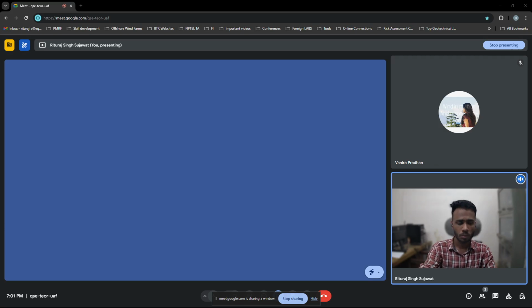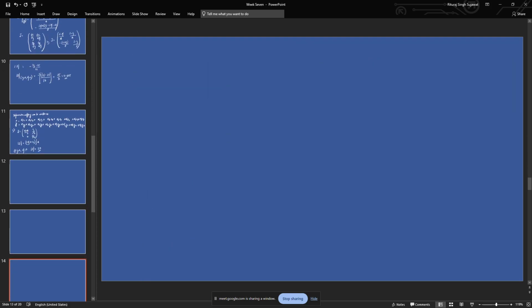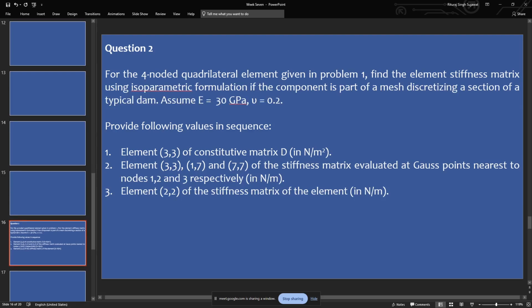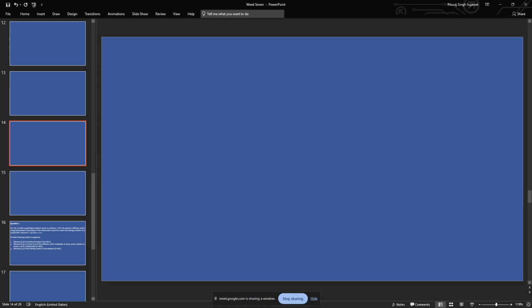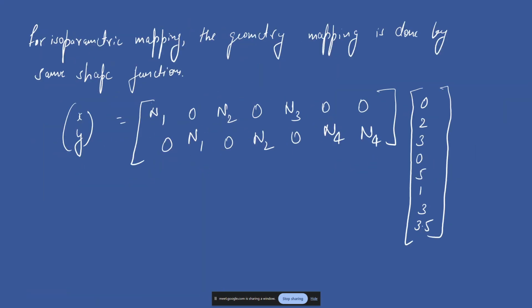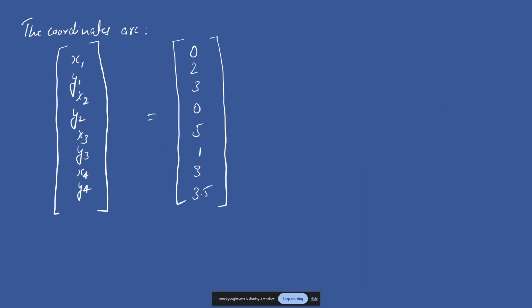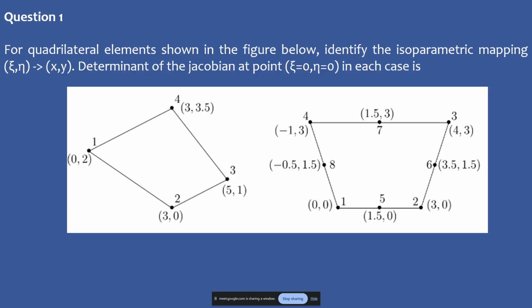So this was about question number 1, which is about how you are going to map the element from one Cartesian system to another Cartesian system. Now let's take a practical problem with the help of this. You have a 4-noded quadrilateral element, the same 4-noded quadrilateral element which we had taken in question number 1, and utilizing that 4-noded quadrilateral system,